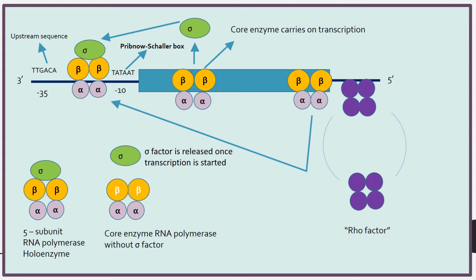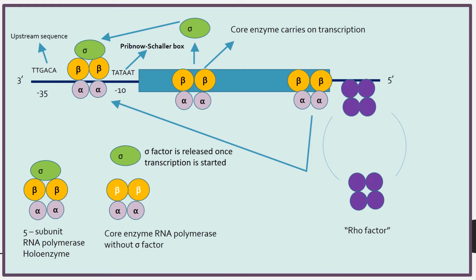Now this sigma factor is important because it is able to identify the RNA polymerase attachment sites, and it will help the RNA polymerase to get attached at any of the 2 attachment sites. Once the RNA polymerase is attached at the promoter, it will move through the upstream sequences and it will reach the area from where the transcription will start.